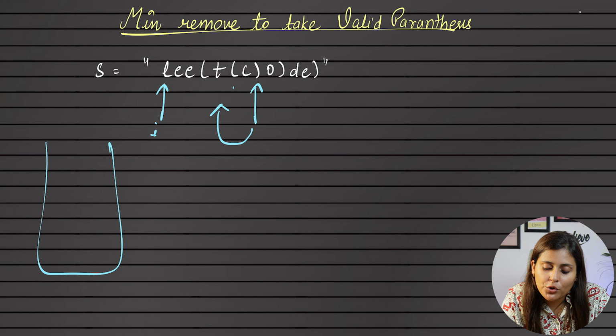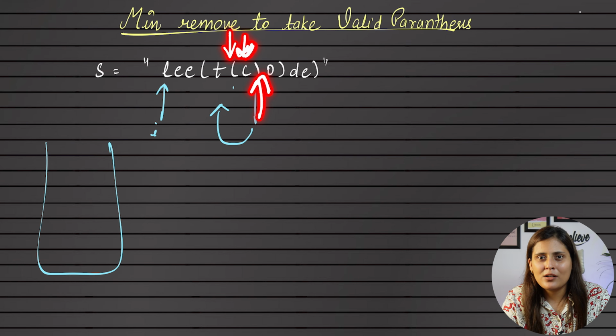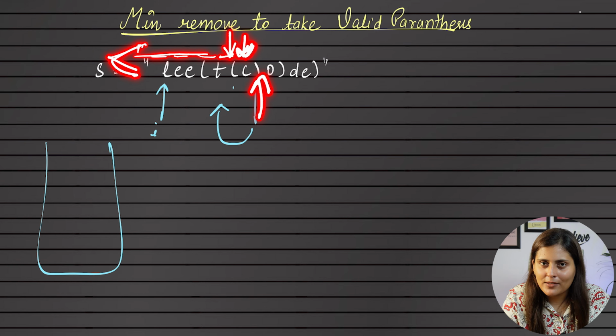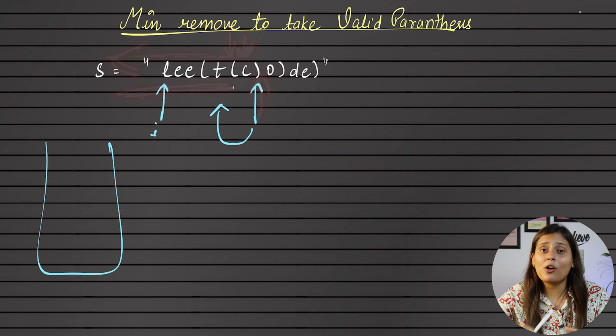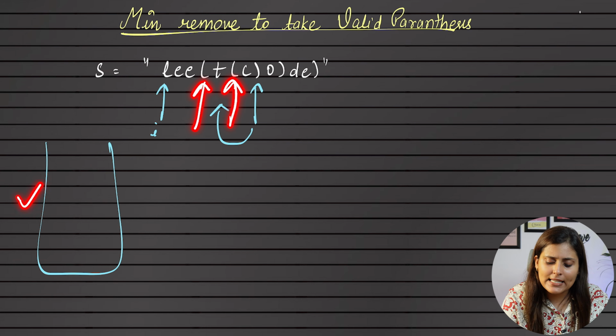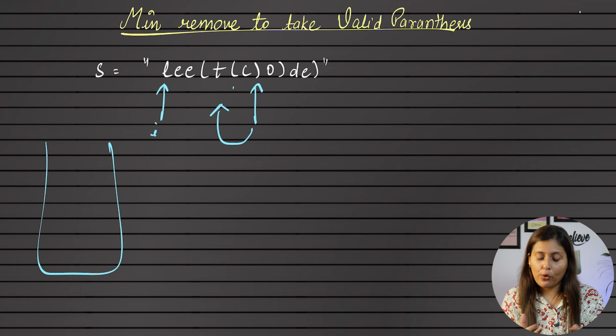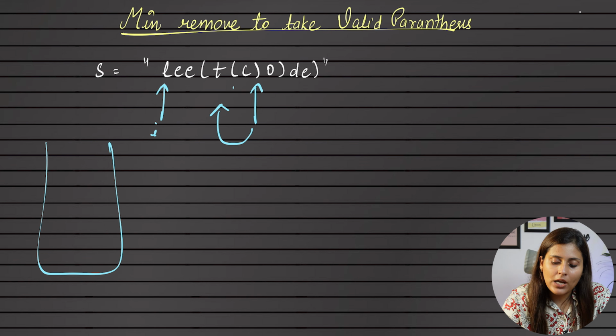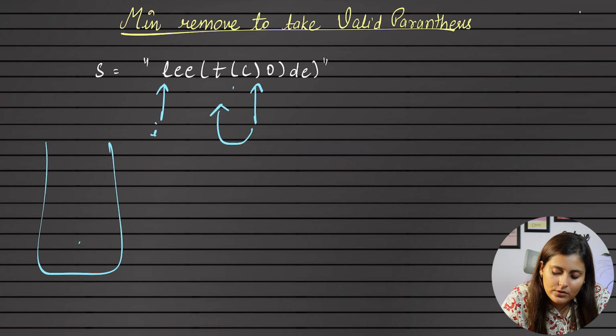Or else what you will do, you will start your j pointer from here. Suppose you are standing at this closing bracket, so you start your j pointer from here. You check, hey, are you an open bracket? No. Go back. Hey, are you an open bracket? Yes. Means until an open bracket is found, you'll keep on going back, correct? So that will add an extra O of n time complexity. So it's always better to separate all the open brackets in some other data structure. Obviously we have to take extra space complexity, but still we are on a mission to save our time complexities.